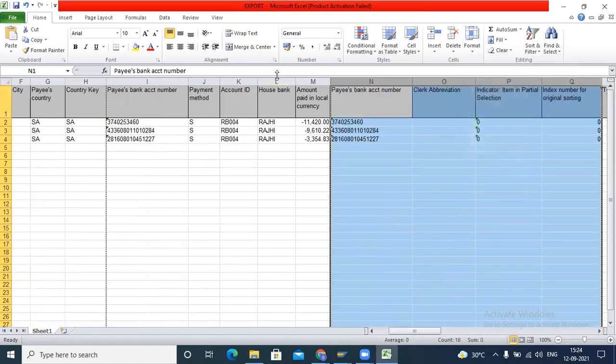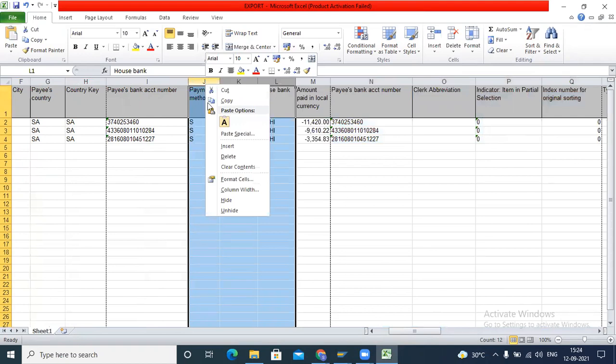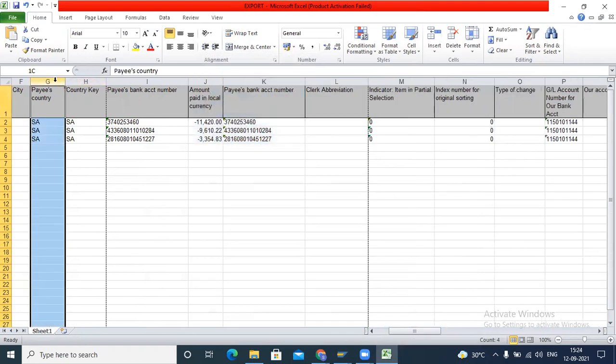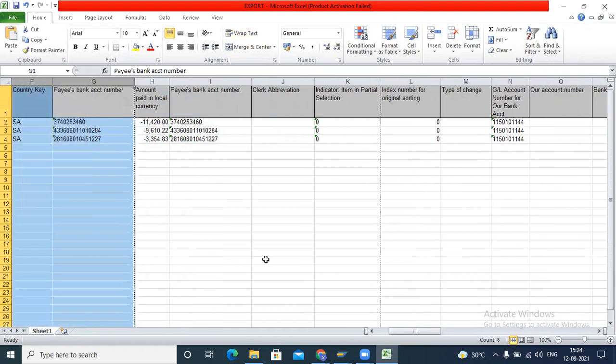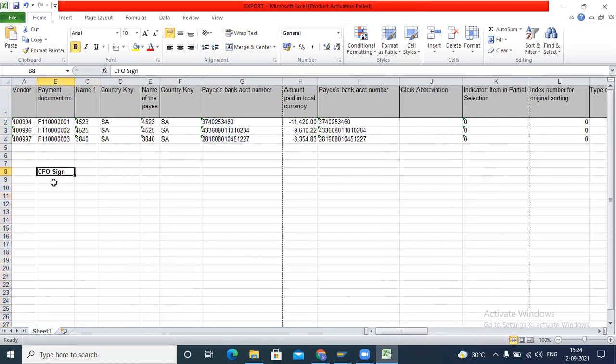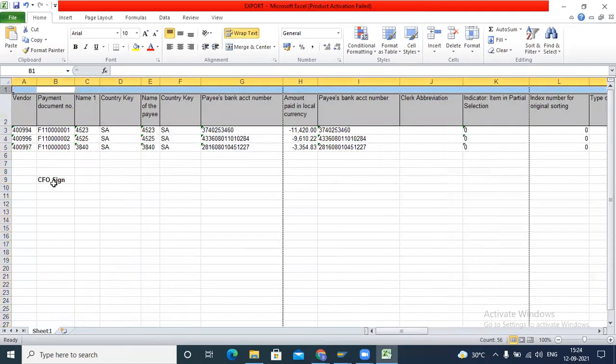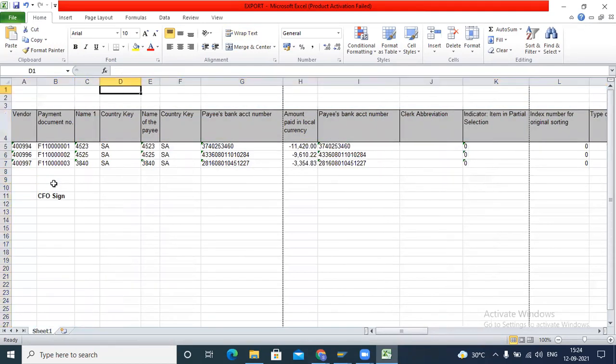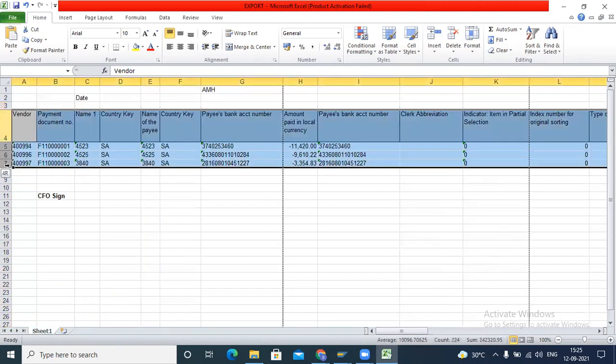So a few things we might need to adjust from our side. You can prepare the sheet accordingly and take a print from the Excel sheet, or you can create some Excel file format with the company name, AMX, the date, something like that. You can create the format one time and use it in the future always, and this data can be downloaded from SAP.